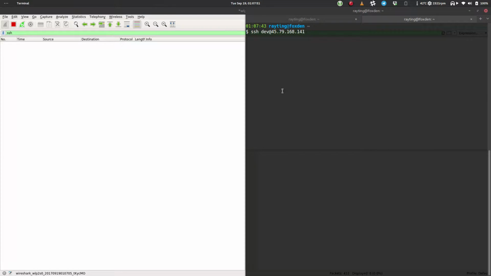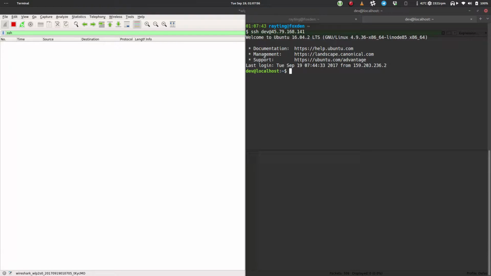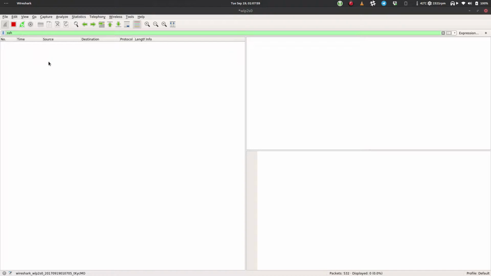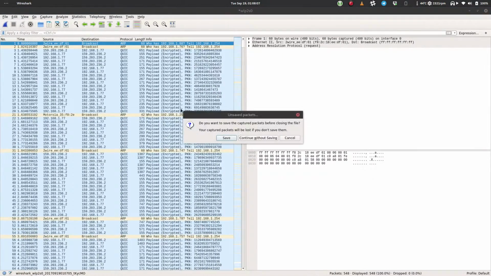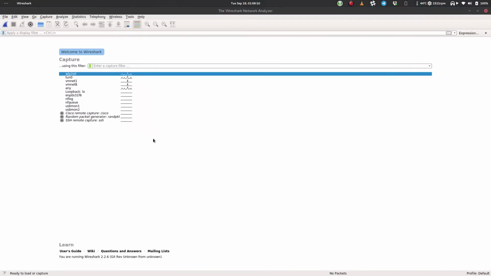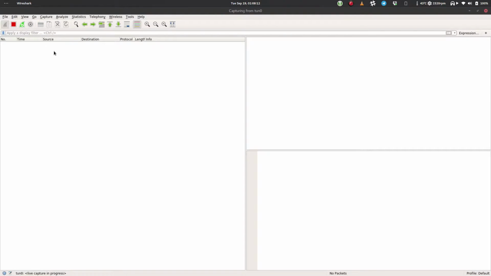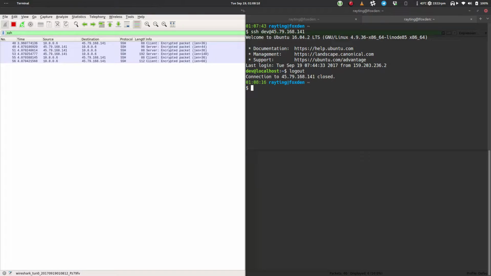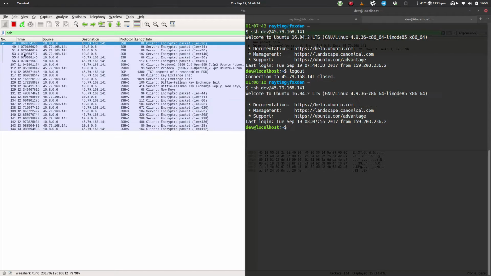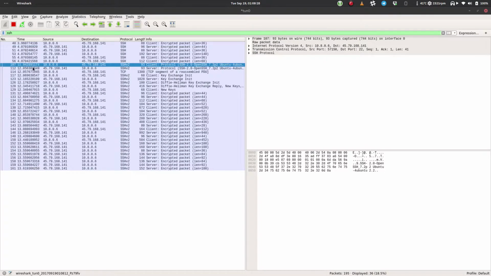Alright, so we got SSH over to dev, and we're going to see what it looks like. And, oh, that was unexpected. Oh, I know why. Oh, silly me. Yeah, that should have been expected actually. Alright, so we just have SSH traffic, and okay, so ignore that. That was just disconnect traffic. So we're going to connect over and see from there,